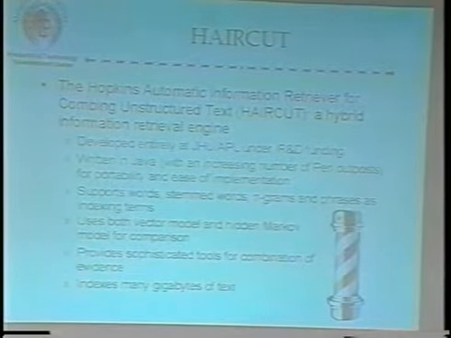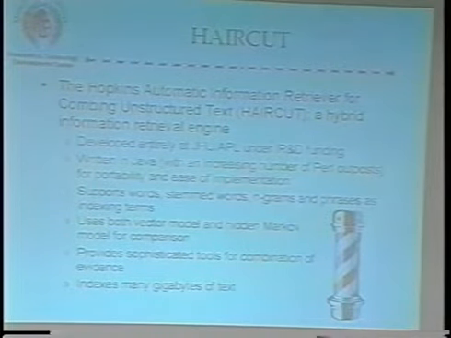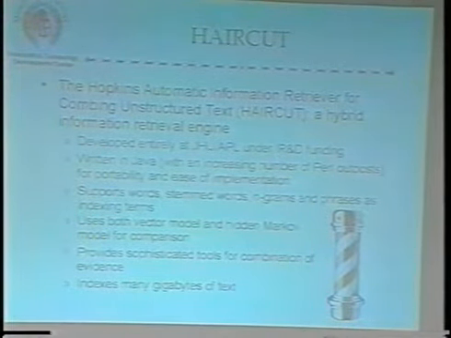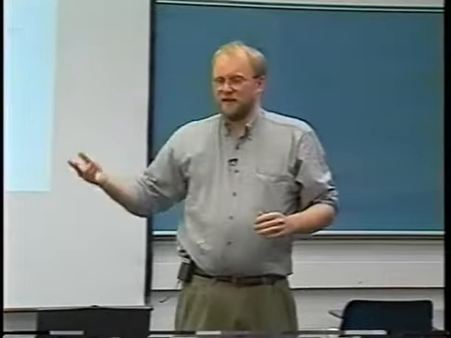It supports a variety of indexing terms, including n-grams, words, stemmed words, multi-word phrases, and so on. It has a variety of similarity metrics, including a normalized cosine measure. The cosine itself, you do various things to it to make it a little nicer, and those are pretty standard. So we can do that. We can do this hidden Markov model,